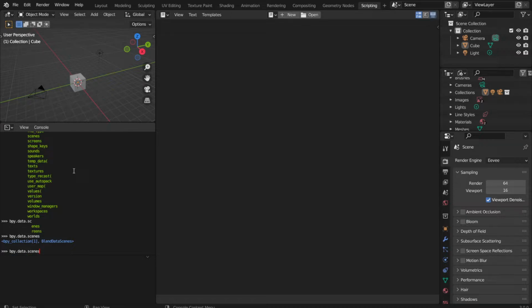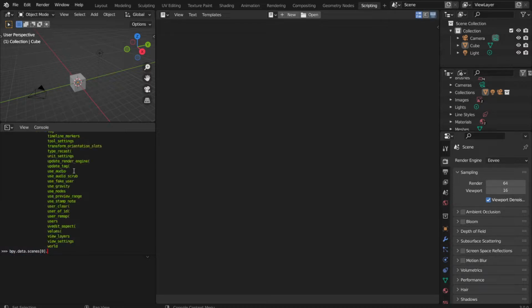Oh, it's a collection. Well, what's in the 0 item? It's a scene. Oh, so we have a list there. There's one called objects. That didn't really help. But object seems to have, oh, I can pick one. Camera, cube, and light. So maybe if I pick the cube,